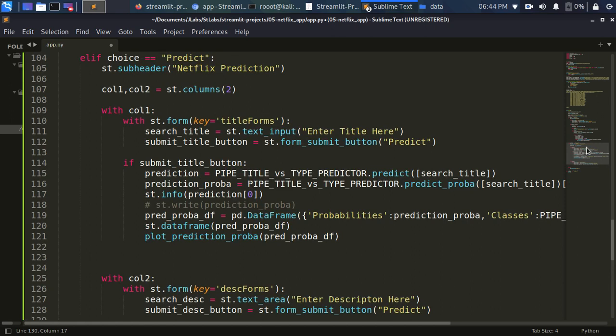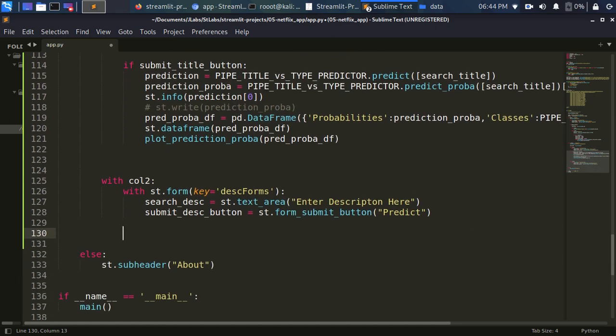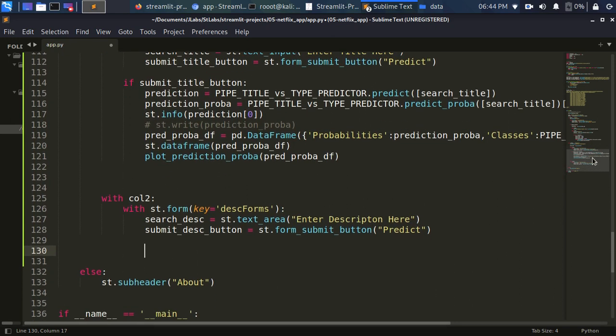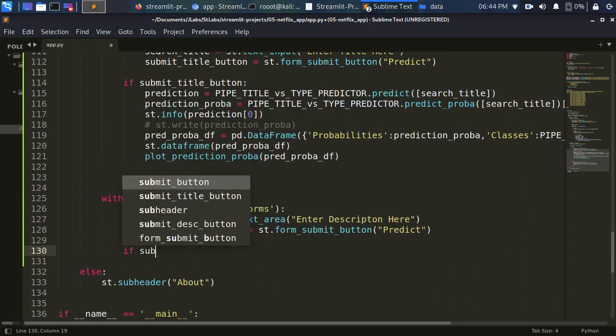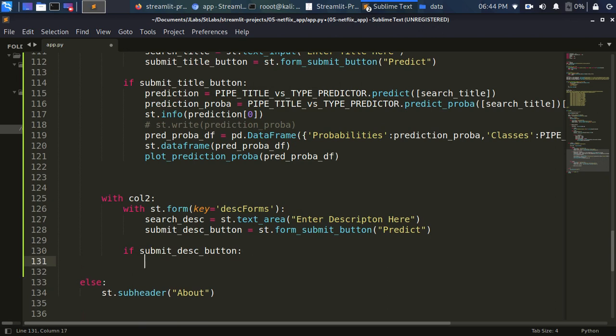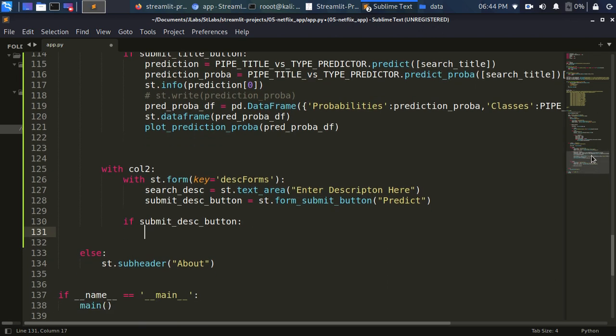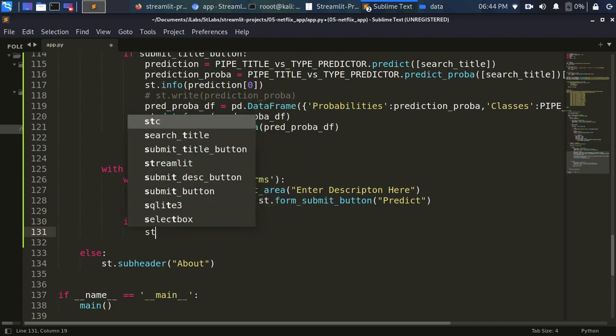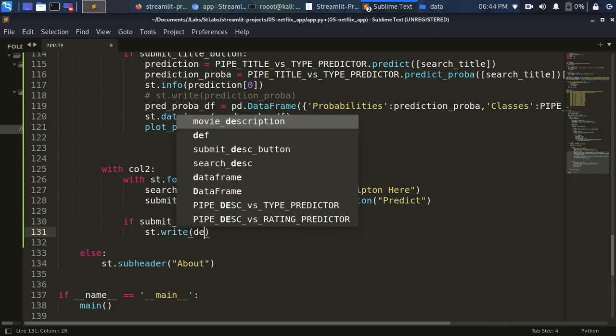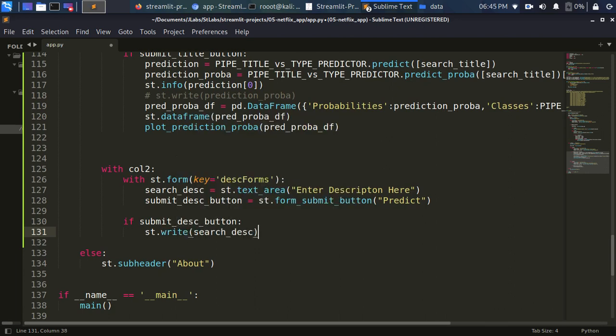So I'll go back here and I'm going to say, okay, after you have clicked on the button, right? If you click on that particular button, so if submit description button is clicked on, what I want to do is that I want you to do this particular one. So the first one is going to be the description, right? So bring out the description that was applied. So submit description, right? So if I save it here and now I come down,